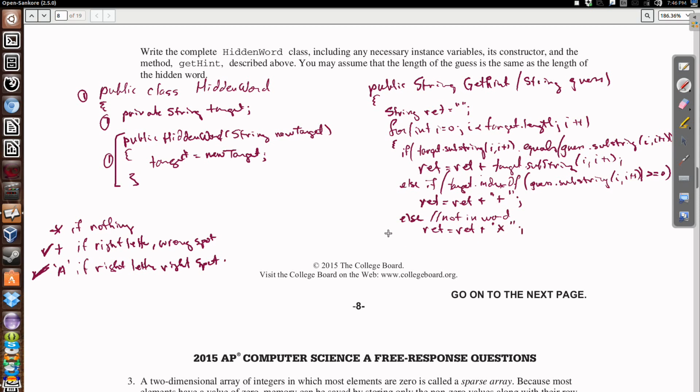And so if I've gone through this for loop here, and this is the end of the for loop, then I've checked to see if they match, and I've taken care of it here on this line. I've checked to see if I've got a right letter, wrong spot situation, and that's what I've got here. And then I'm checking to see if it's anywhere else in the word. If it's not in the word at all, then I'm adding the asterisk. And then once I've reached this point, I'm ready to